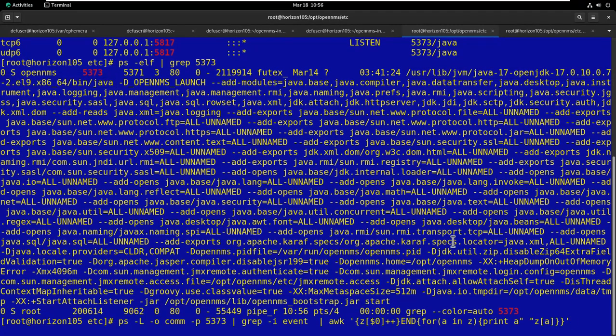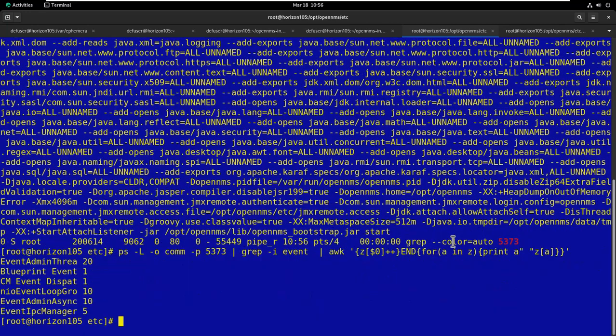This process has a number of threads. To find the threads that may have something to do with EventD, use the ps-l grep awk command as given. The command lists the lightweight processes associated with the process 5373. The grep filters for threads with the word event in their name, and the awk counts the number of each such threads. Interestingly enough, the Event IPC Manager has a count of 5, matching the